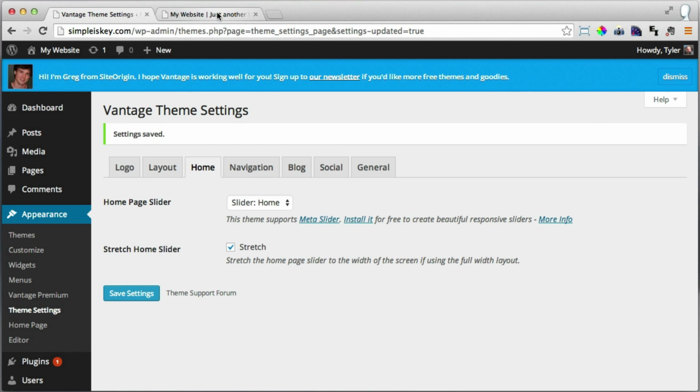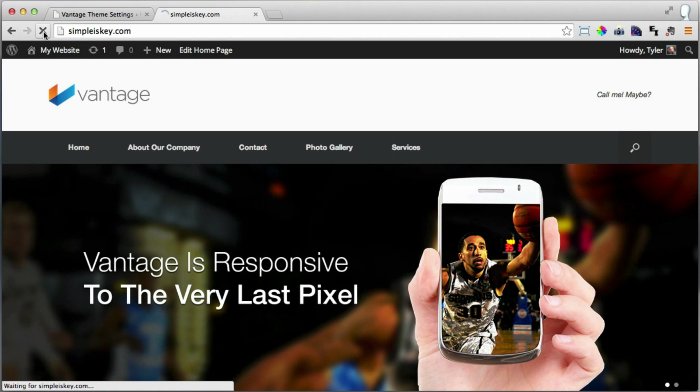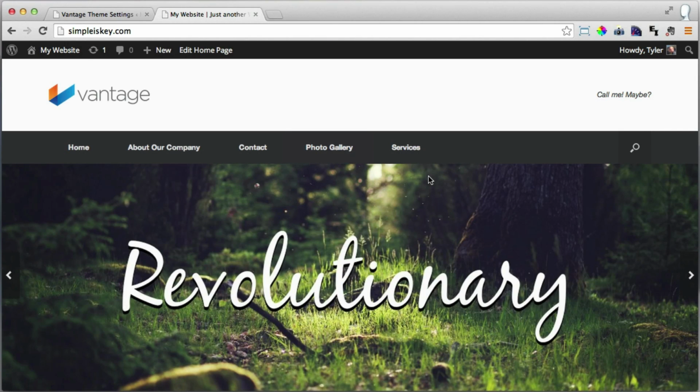Now if we go back to our website and we click refresh, we are going to see our beautiful revolutionary slider. As we can see, there are arrows also on the left and on the right, and that is so if we have multiple images, we can slide through them. But we only have one image, and I wanted my website like that because there are studies that show that most people don't actually go to the second and third and fourth image. They really just should be